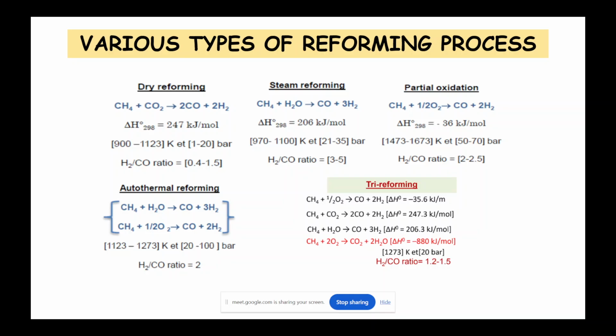I'm really sorry. So then comes the bi-reforming and tri-reforming process, as you can see here. In this case, you use all these three processes together. In the tri-reforming, you use steam, carbon dioxide as well as oxygen in the process to generate carbon monoxide plus hydrogen gas, just to increase the enthalpy, or the amount of energy that you can obtain from the process, and increase the production of carbon monoxide and hydrogen gas.